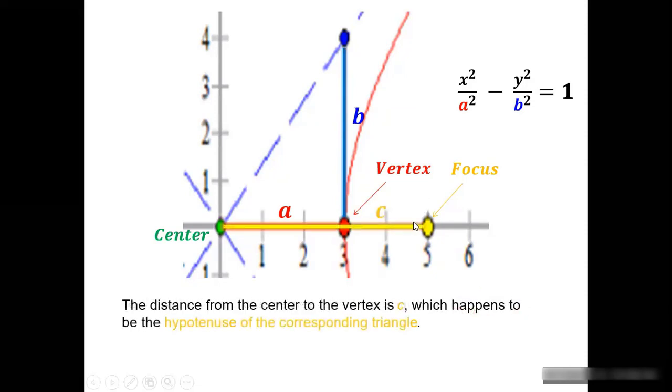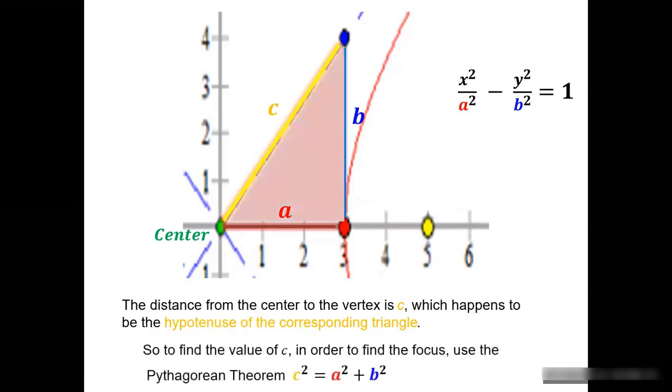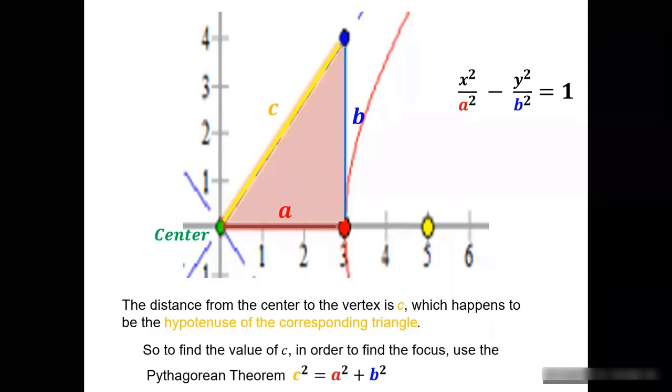We want to know the distance to the focus, which we're referring to as c. Now what's interesting about this value of c is that it turns out to also be the hypotenuse of this indicated triangle. So we now have this triangle where we can use the Pythagorean theorem again in order to find